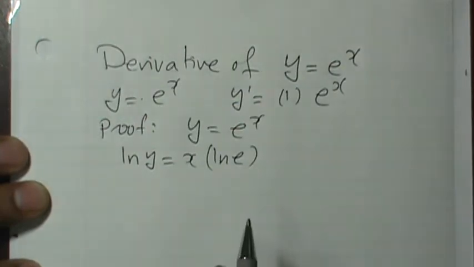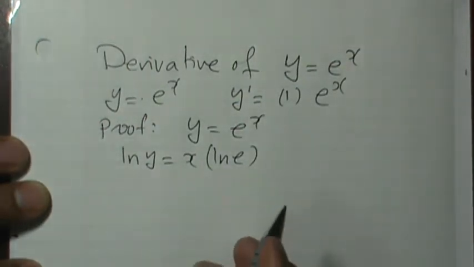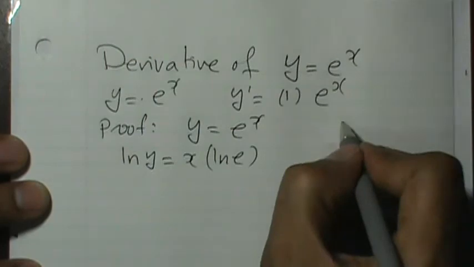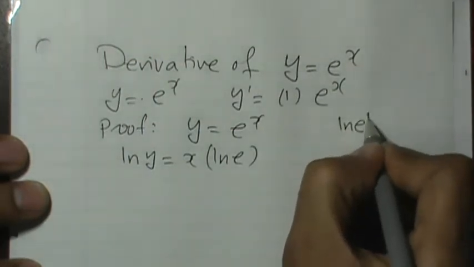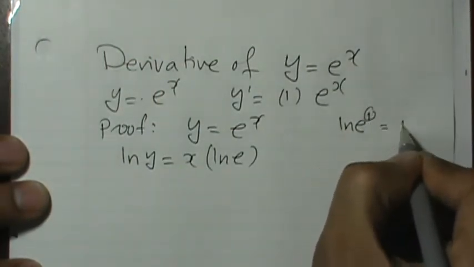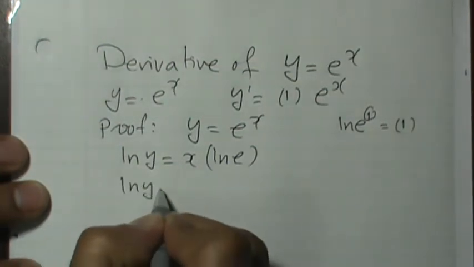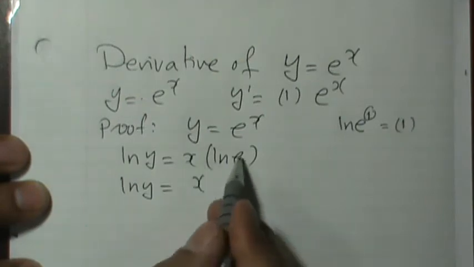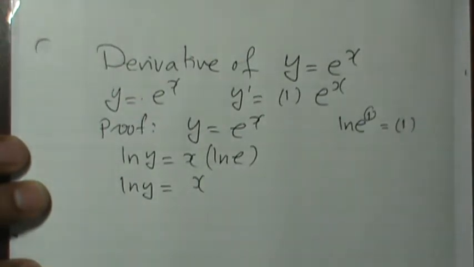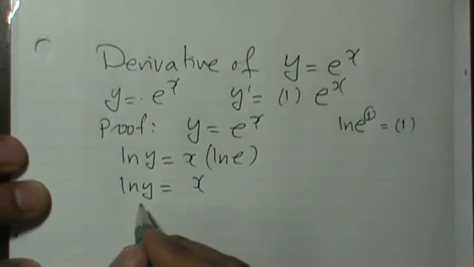Now, ln e is a constant, and if you were to use your calculator to find the exact value of ln e, remember that ln e, e to the power of 1, would be 1. So we can rearrange this equation as ln y equals just x, because x times 1 would be x. Now we can find the derivative of this using implicit differentiation and the derivative rules in terms of natural logs. To get y prime by itself, simply we go,